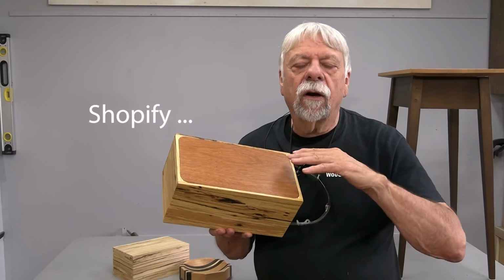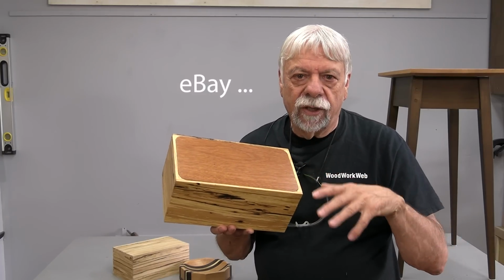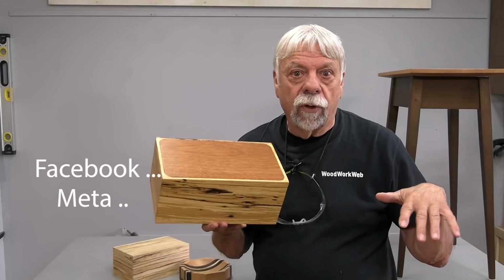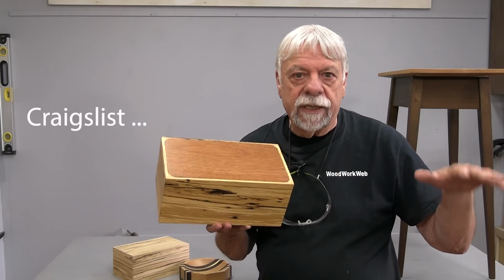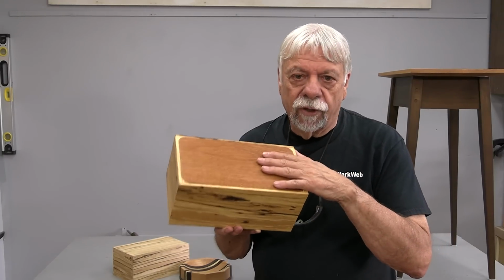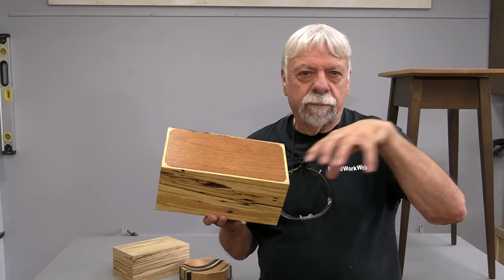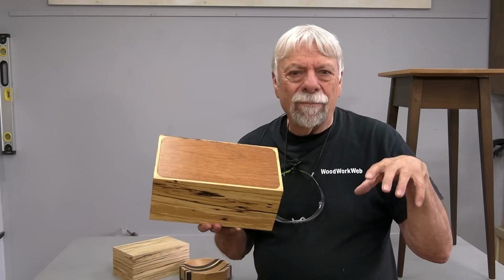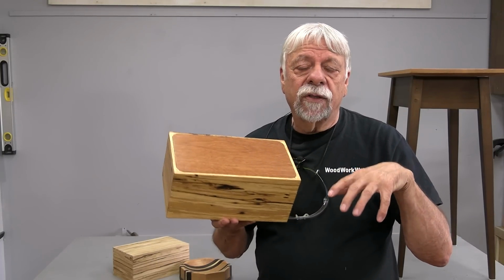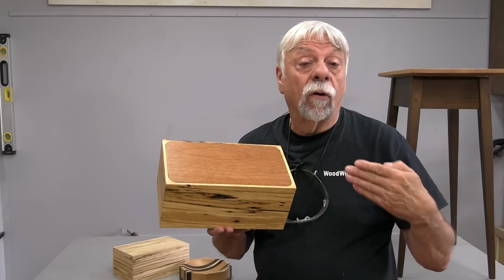First of all, there are a variety of local websites that you can use that are within your area, your neighborhood, or your district. Things like Craigslist, for example. You can list your things on Craigslist and they have specific areas. That might be a better place to be selling things than on something like perhaps Etsy or Shopify or even